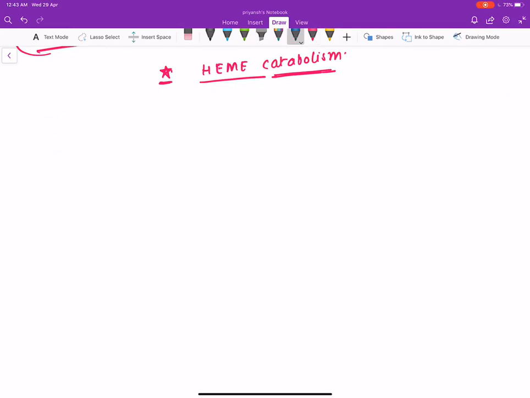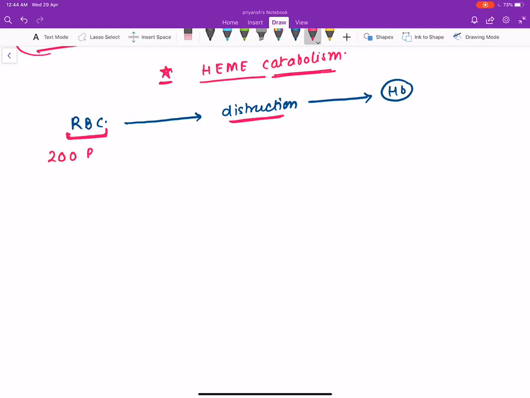See, we know that when the RBC is destroyed, or I can say the RBC ruptures, what will come out is the hemoglobin. If I ask you how many RBC are normally getting destructed in a single day in your spleen, liver and bone marrow, it will be somewhere around 200 billion RBC destructed every day,